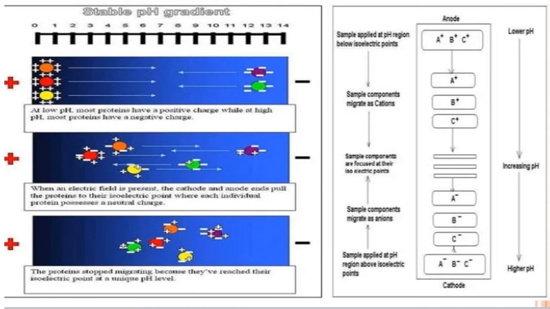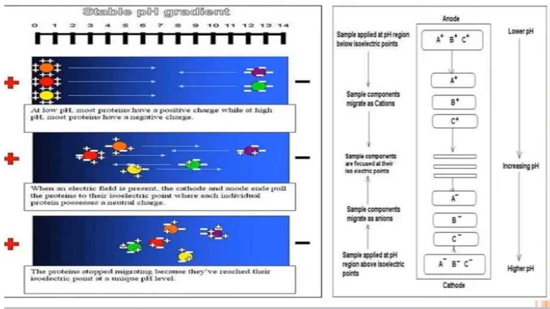Isoelectric point. If it happens that they were put downwards on the cathode end, we are expecting that they will be moving as anions towards the anode, and once the isoelectric point has been reached, we are expecting that particular protein to stop moving. So one observation we're supposed to put in place is that the anode, as we can see, has the lower pH,